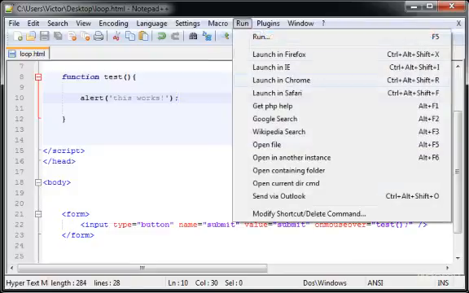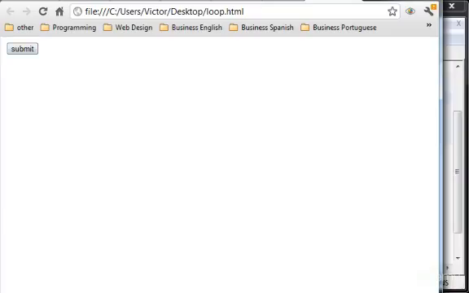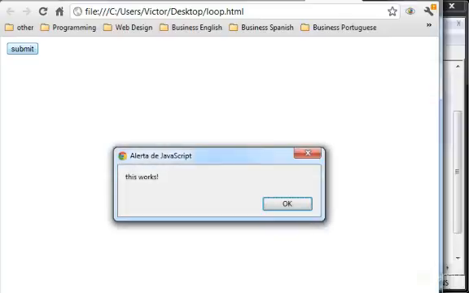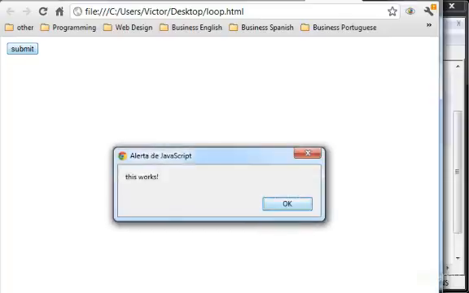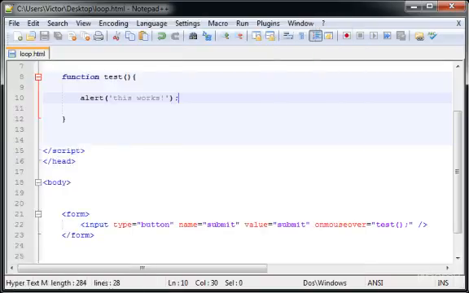So as you will see in Chrome, see, I didn't click it. As soon as I pass the mouse over it, it calls the function and the alert box appears. So these are just a few simple